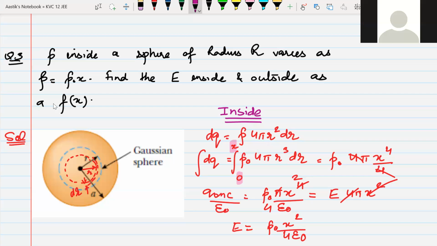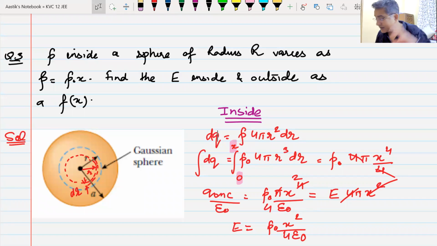What is the difference between inside point and outside point? Inside point, we integrated it from 0 to x. We only had to find out how much charge was coming inside that sphere of radius x. But for outside point, you will have to find out the entire charge which is coming in the entire sphere